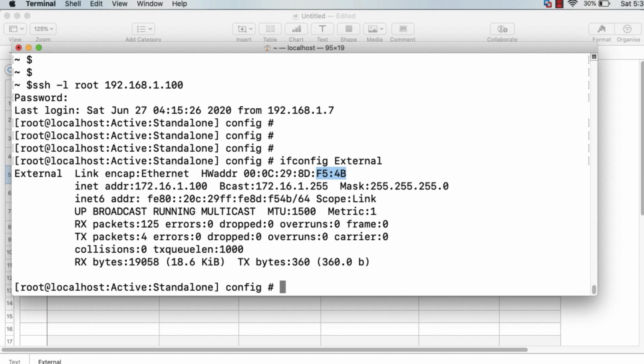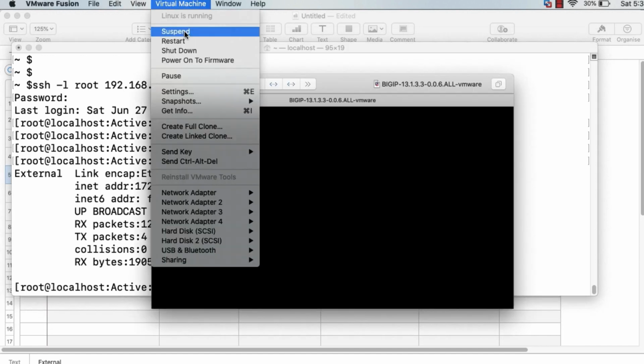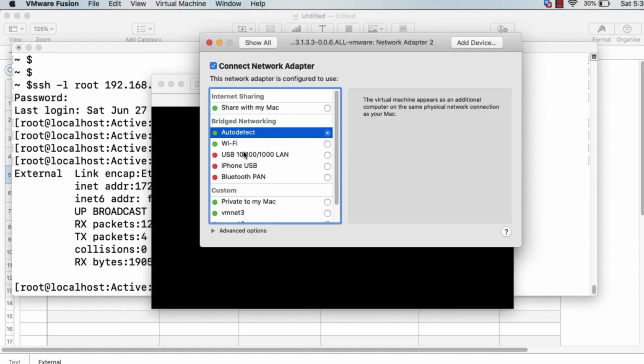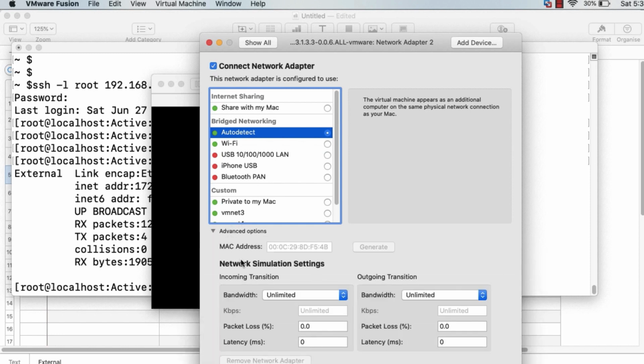Okay, so I'll go to Fusion and we'll check whether network adapter 2 has the same MAC address. I'll click on network adapter 2 settings, click on advanced options. See this, it is ending with F54B. It means that this adapter will only work for external.